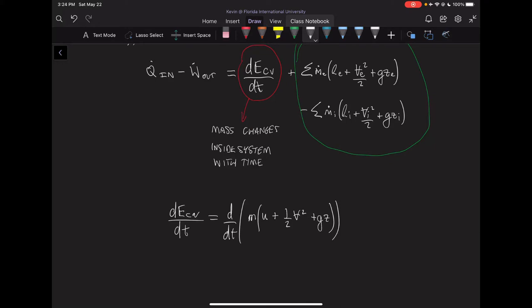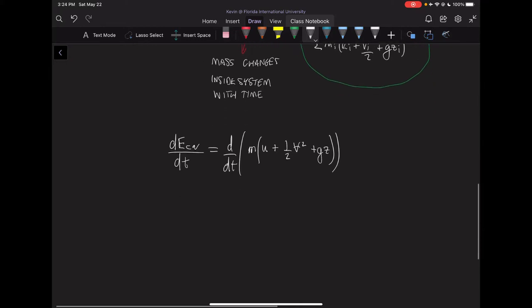So this is the information for the inside of our system. Now, the velocity here is not the velocity at the exit or at the inlet. It's the velocity inside the system, if there is any. Okay, and now what we can do is we can say that if we integrate both sides, we have that